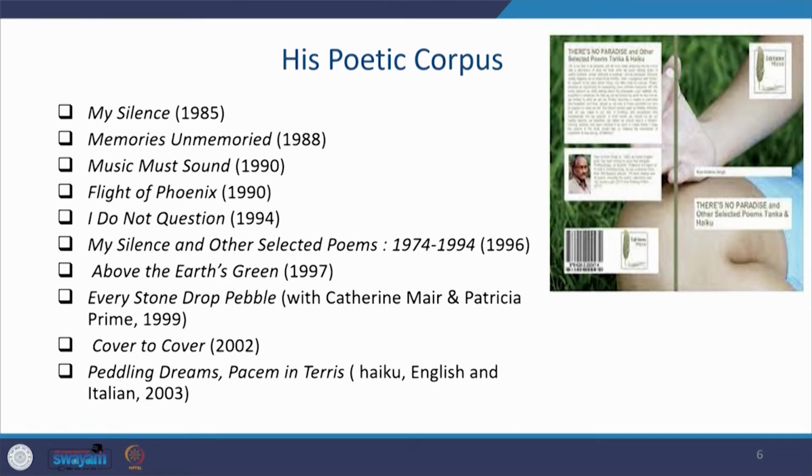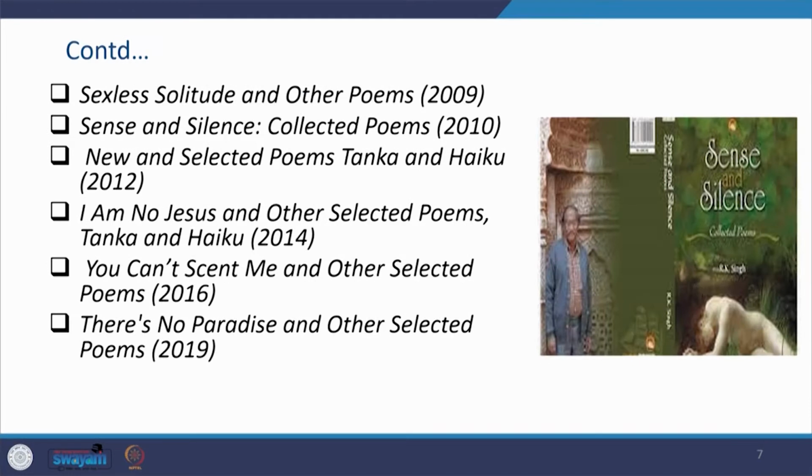It is also a collection of 3 languages: haiku, then English and Italian. And then one of his books actually made him at times very critical, and he had to face several brickbats from many of the contemporary poets and critics. So, the book entitled Sexless Solitude and Other Poems,